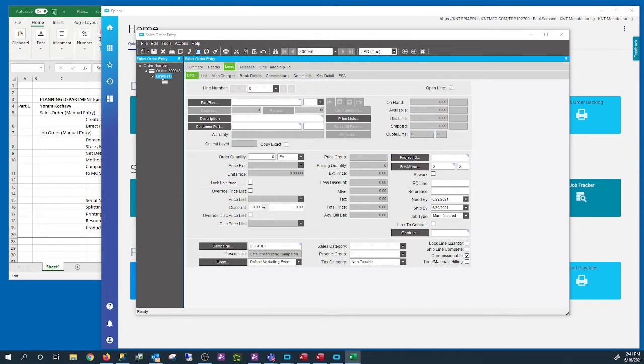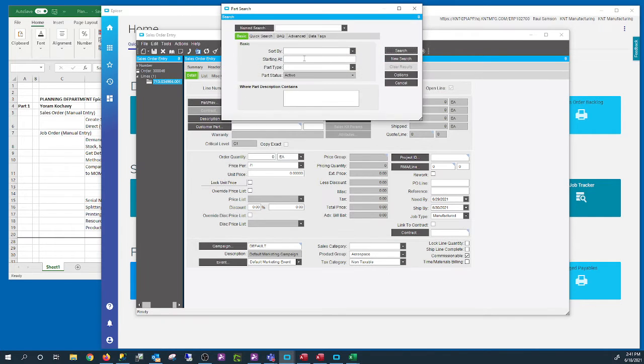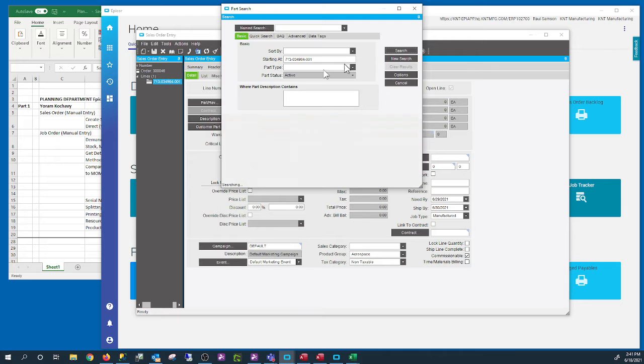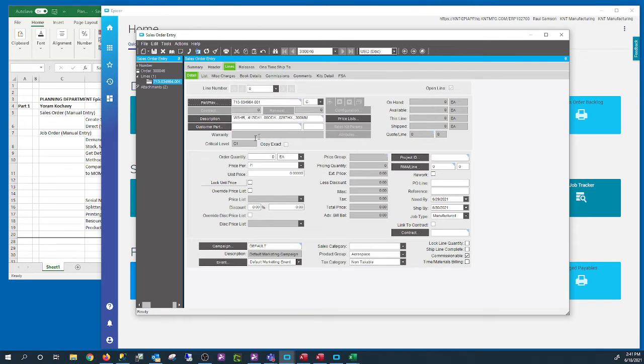So now let's select the part number. Again, we need to select the part. You can type the part number, or you can search for it by clicking the part button there. You get the part from that. Same concept, but if you know the part, you can just type it in without the search. Okay, and then we have the quantity. So we want to say here's the quantity that we want, and we can have 2, 3, whatever we want.